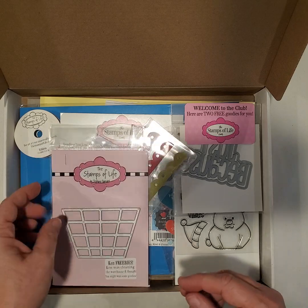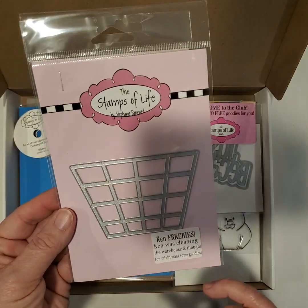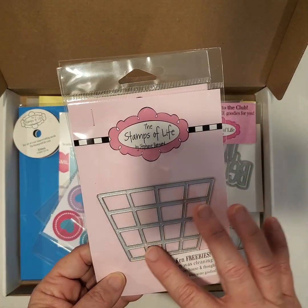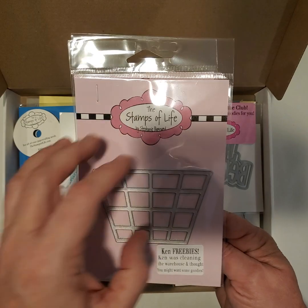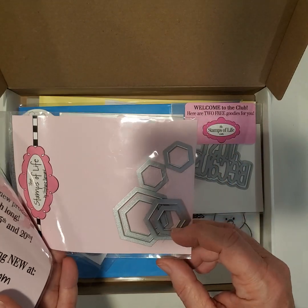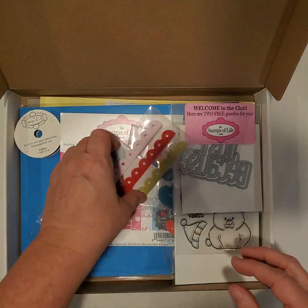So we've got that die kit in there, and it looks like this month they included some freebies. So Ken, this is Stephanie's husband, I believe, was cleaning the warehouse, and he's added a couple of dies here. So this one I'm going to have to look and see. It reminds me of a berry basket. Let me know what you guys think if you see other uses for it, but also it could be just a fun geometrical kind of pattern as well. And then we've got these, which are fun. They remind me of little honeycomb pieces, and they come in graduated sizes. I think I'm going to get a lot of use out of that. And then we have